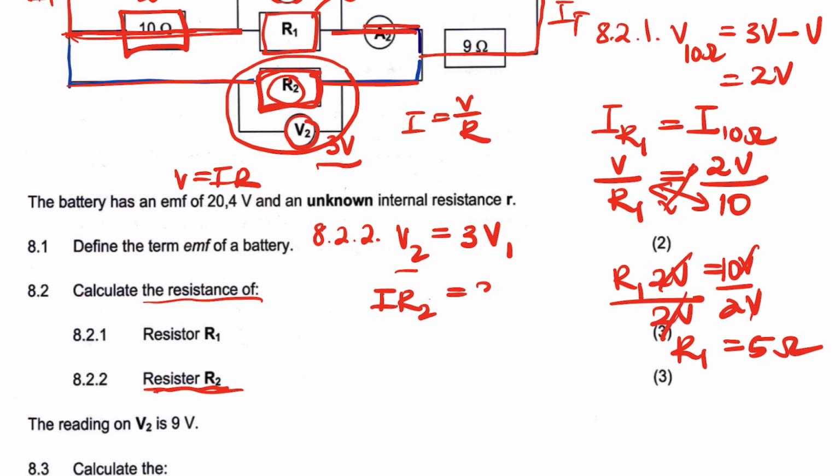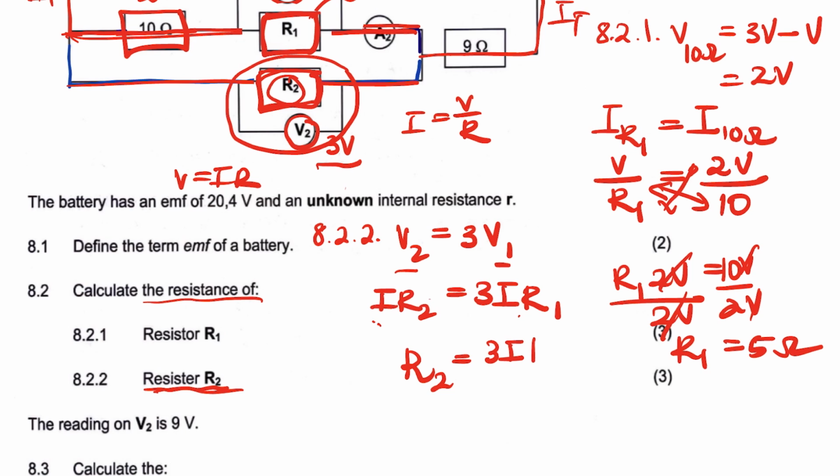And on this side, it's 3 IR, but it's going to refer to R1 because it has to do with the V1. So it's going to be IR1, right? Do we have the current there? We do not have. What are we looking for? We're looking for R2. We're going to make R2 the subject of the formula. So we divide by I, we divide by I. So we're going to have R2 is equal to